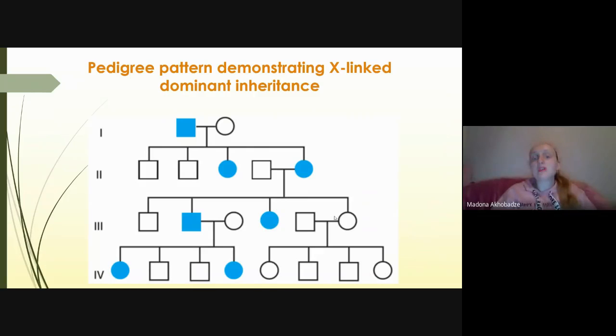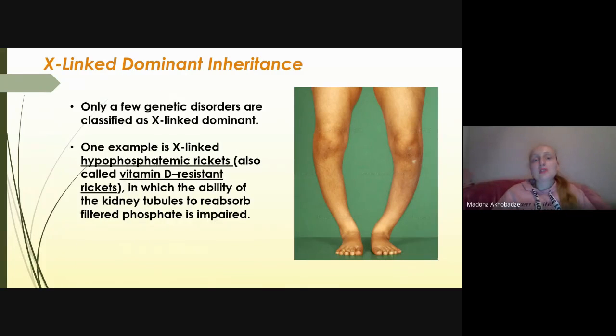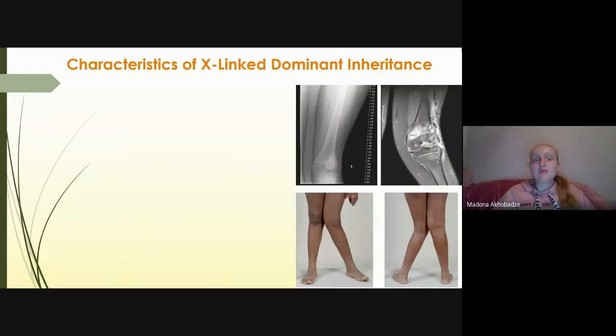If there is male-to-male transmission, or if any daughter of the affected male is healthy, it means we are no longer talking about an X-linked dominant disease. Either it's autosomal or something else is going on. Only a few genetic disorders are classified as X-linked dominant. One of the examples is the